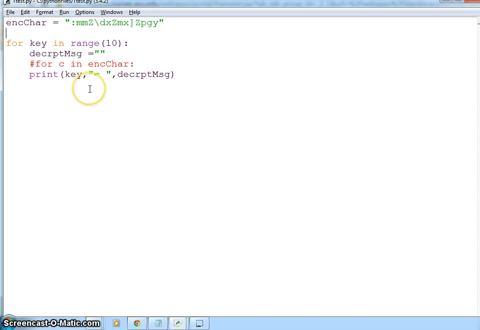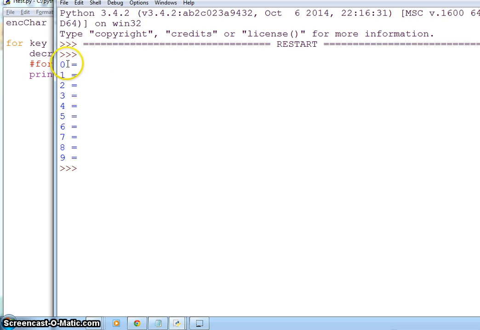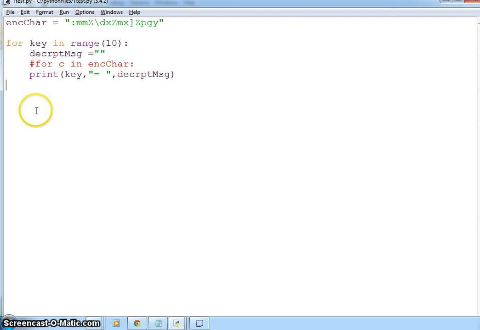For right now, if we run it, it will print the keys 0, 1, 2 up to 9, and it will print some decrypted message over here, which we don't have right now. Once we have this for loop, we have to have another for loop: for c in encrypted char. So for each